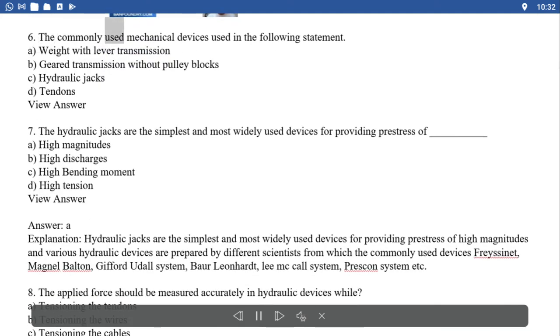6. The commonly used mechanical devices are in the following statement. A. Weight with lever transmission. B. Geared transmission without pulley blocks. C. Hydraulic jacks. D. Tendons. Your answer: